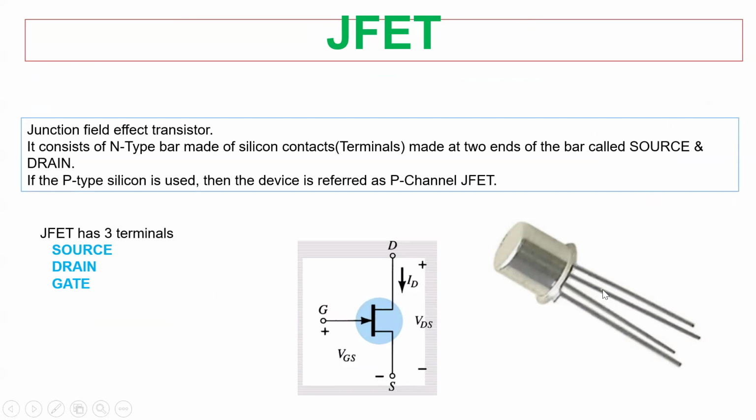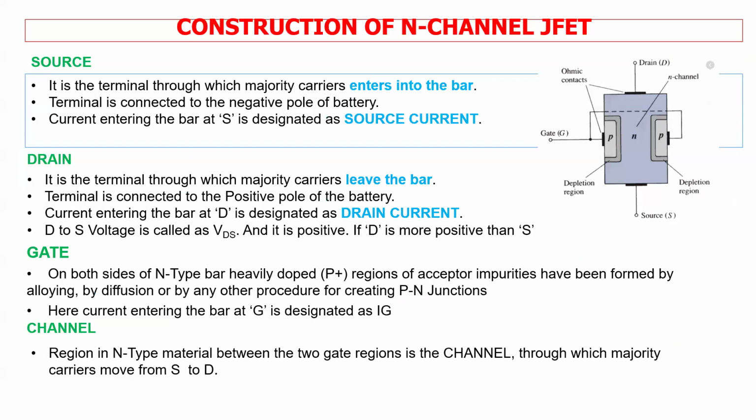Okay, and this represents the structure of the JFET. So we can discuss the construction of the internal JFET. Based on the construction, as I have told you, it is an N-type base, and heavily doped P-region is diffused on both sides, and ohmic contacts are made at the two ends of the base called source and drain, and the space between the junctions is called the channel, and hence it is referred